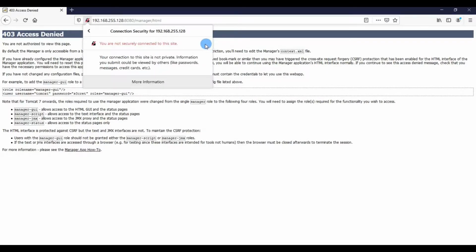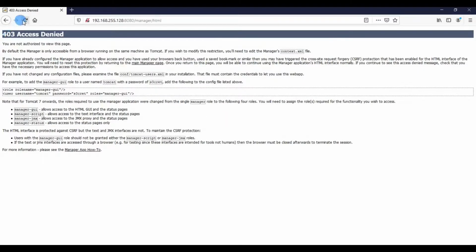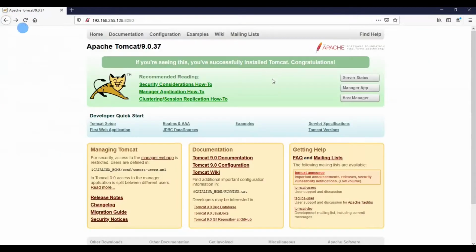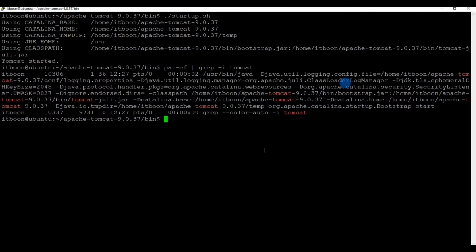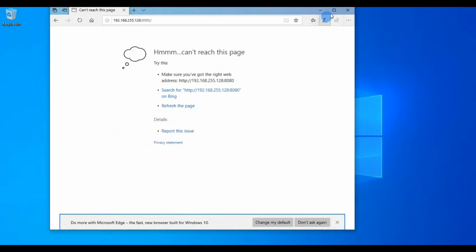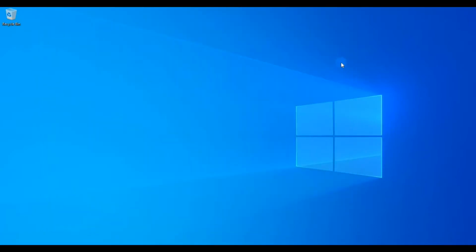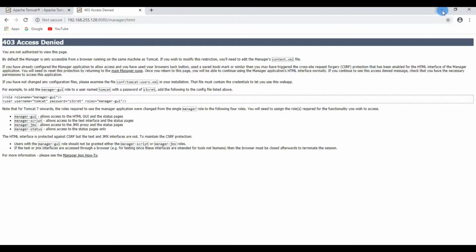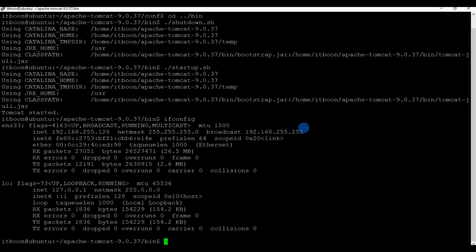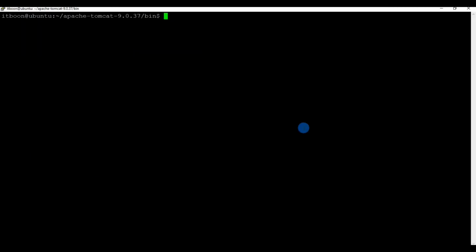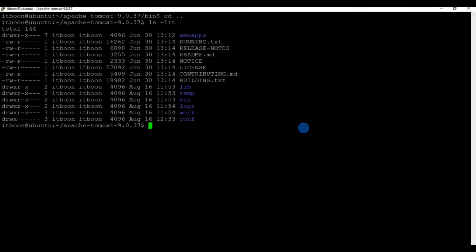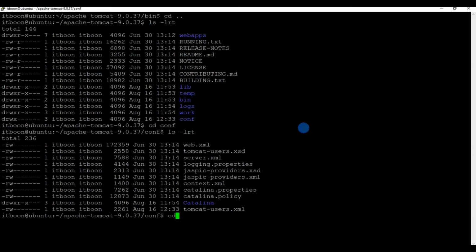Since we are accessing this Tomcat installation from the Ubuntu Linux, which is running on VMware, maybe some configuration settings need to be fine tuned to access the Tomcat installation which we have done on the Ubuntu from our local Windows machine. For that, there are some settings we need to do under the conf directory, under webapps, cd to webapps. Just cross checking the tomcat-users.xml file once again.